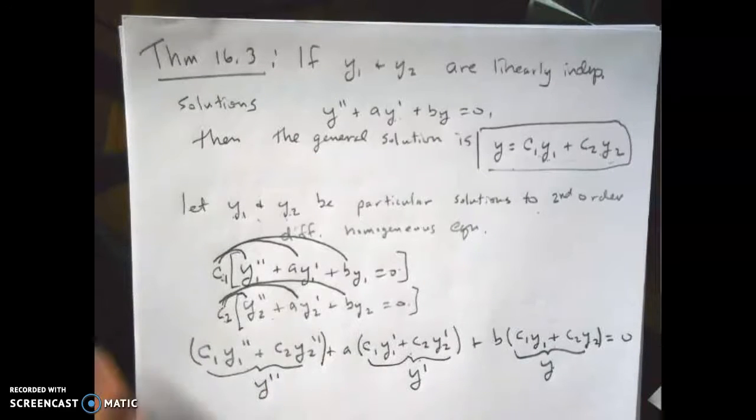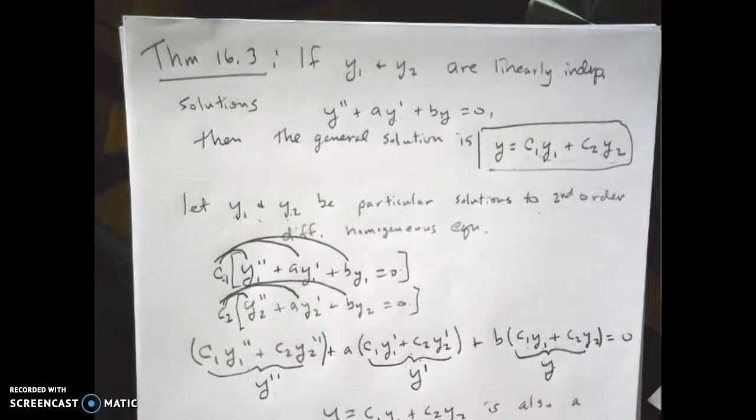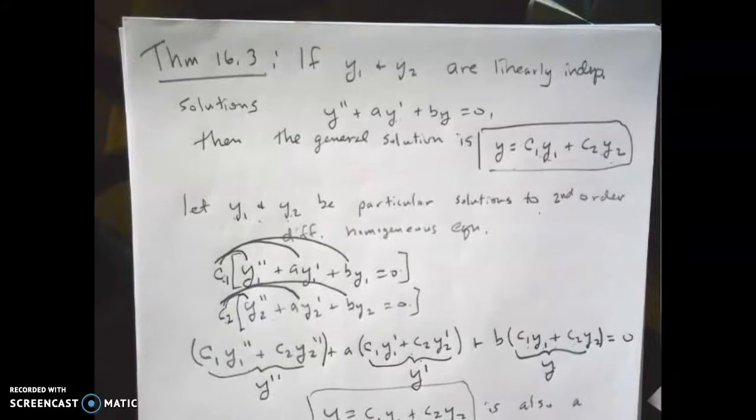And what we've shown is that this y, which is C1 y1 plus C2 y2, is also a solution to our second order homogeneous differential equation. Okay. Now the second part of that proof, that it's actually the general solution and it covers all possible solutions, unfortunately has to be left to future math classes because we don't know enough yet to